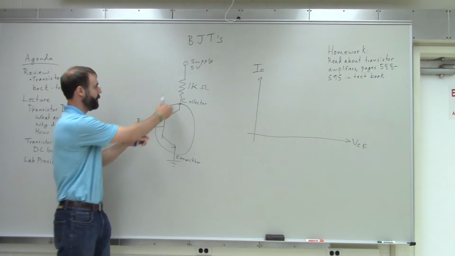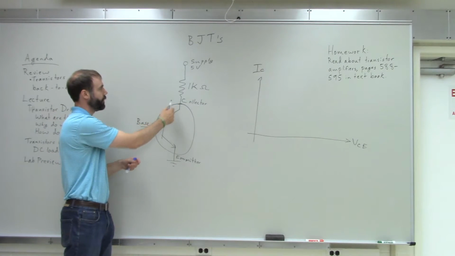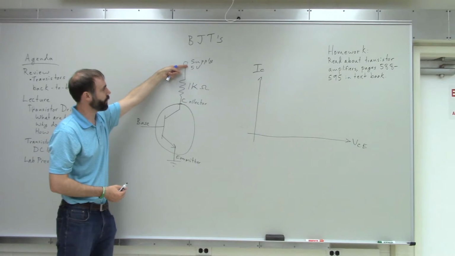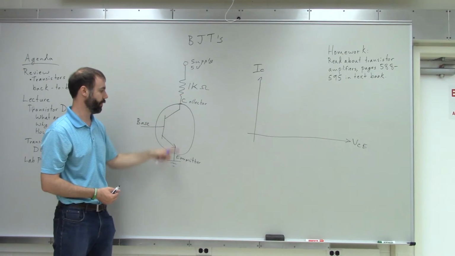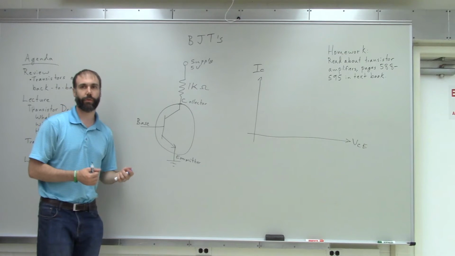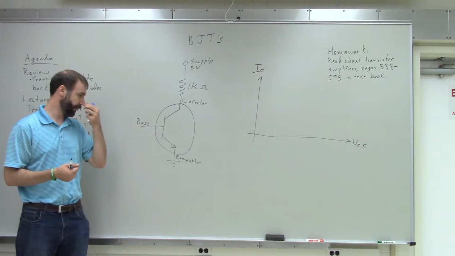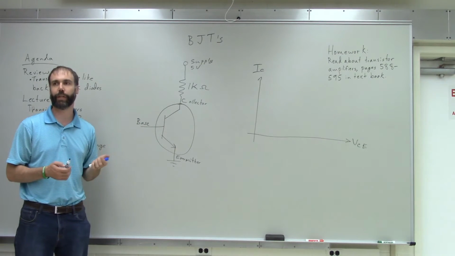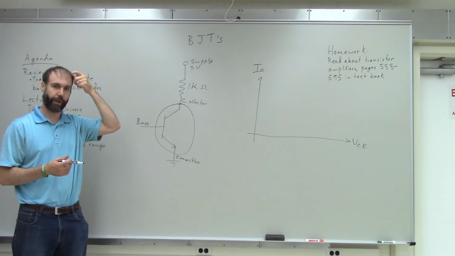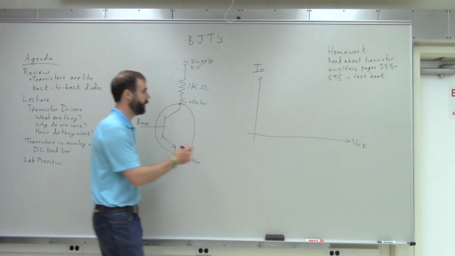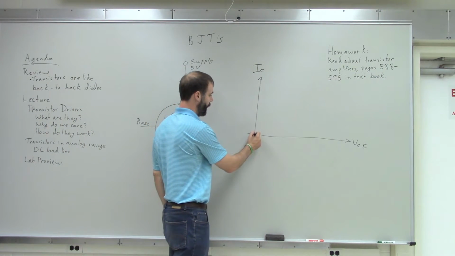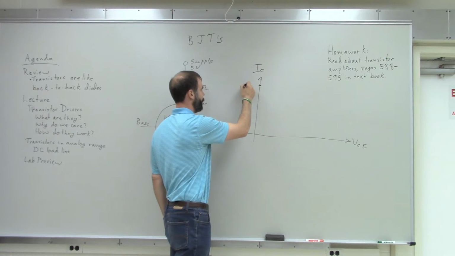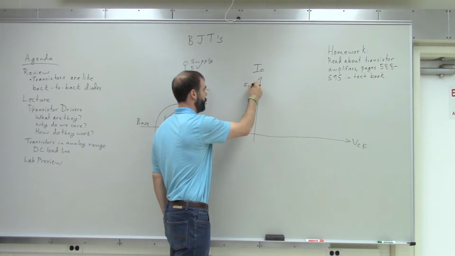This is just acting like a straight wire, right? So you basically have a circuit with 5 volts on one side and a 1 kilo ohm resistor going to ground. So you can use Ohm's law and you get the current is 5 volts over 1,000 ohms, and that's just 5 milliamps. So that's one point that we can plot on our graph. So we said when we have 0 voltage between the collector and the emitter, we have 5 milliamps